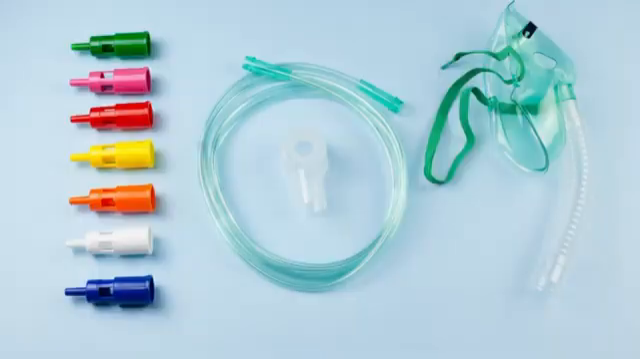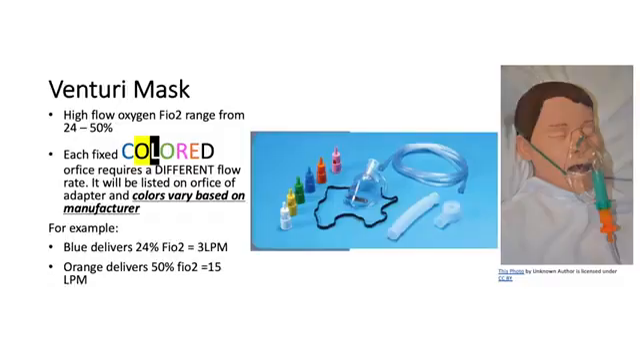All right, let's move on to photo number 6. The answer is Venturi mask. This is a high-flow oxygen mask that provides an exact FiO2 that ranges from 24 to 50%. This mask contains an aerosol mask with a flexible tubing oxygen line that will connect to the flow meter and